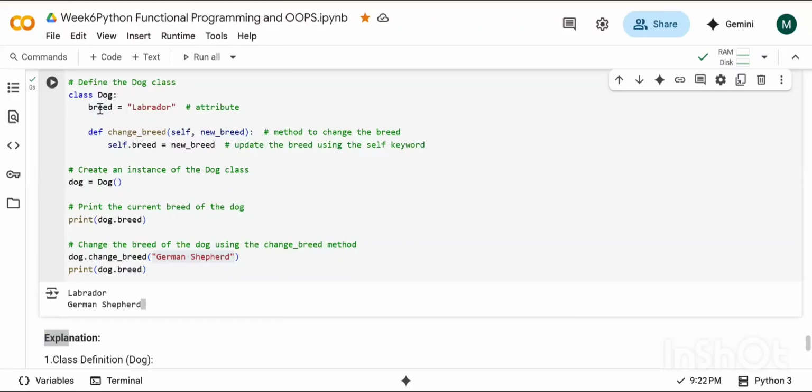I'm explaining again. This Labrador is the default characteristic which I have put over here in my class. Labrador is a characteristic under my class, which is the default one.